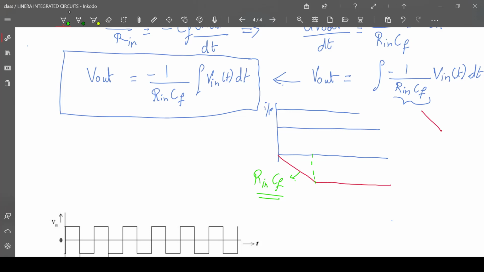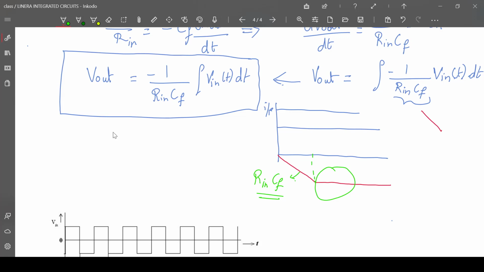So during this time period, what will happen? The corresponding capacitor will be open circuited. When the capacitor is open circuited, the feedback will not play a part in the gain. So the gain value will become 0. As the gain value becomes 0, the voltage will become the saturated voltage. Sorry, the gain will not become 0, the infinite gain will be produced. So due to the infinite gain, the saturated voltage will be provided across the output side. So this is what is happening for an integrator circuit.